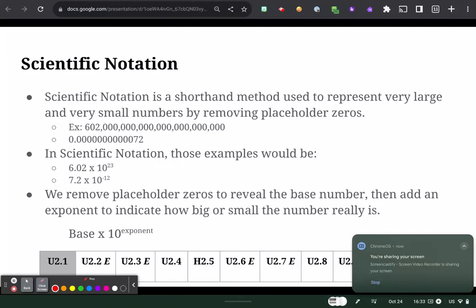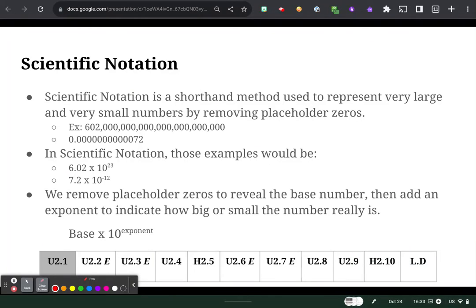Scientific notation. Scientific notation is something that we use in chemistry and other sciences as well when we're trying to work with really big or really small numbers. You can see these two examples right here. It's just partly annoying to write all those zeros, and it takes a long time to really understand how big that number is. So we start writing it